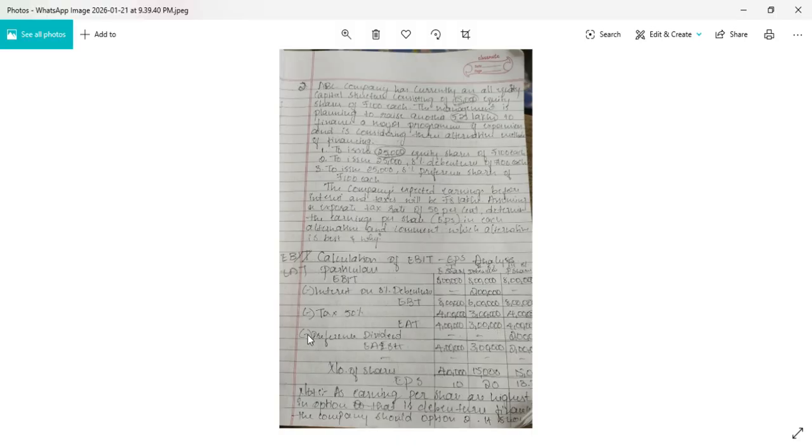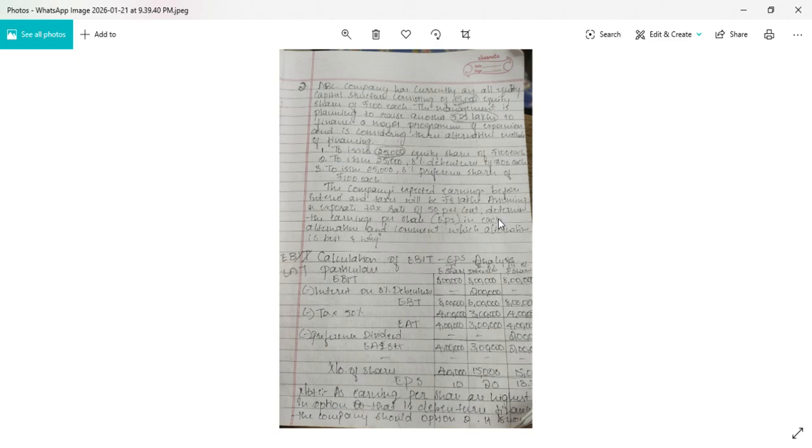Next one, we have to deduct preference dividend. If there is a presence of preference shares in any of the alternatives, we have to check. So in the first alternative, we have to see entirely they are issuing in the form of equity shares. So here for us in the first alternative we will get nil. Why? Because there is no preference shares. In the second option again entirely they are issuing as debentures. Again we will put nil in the second option.